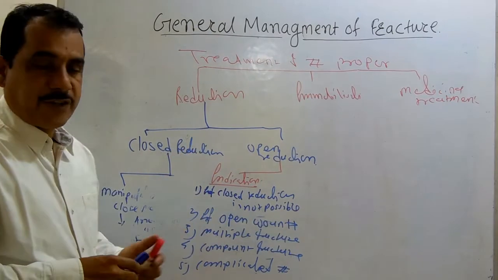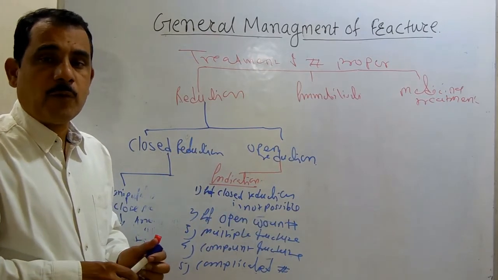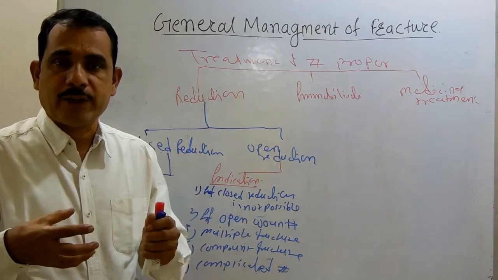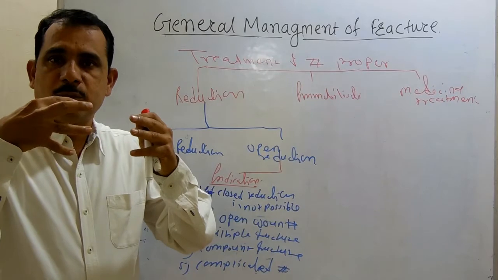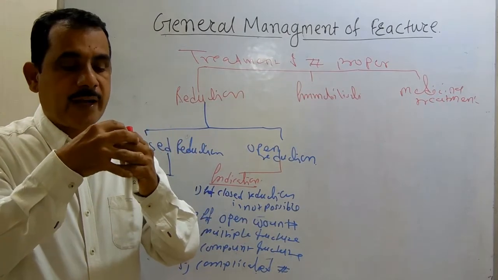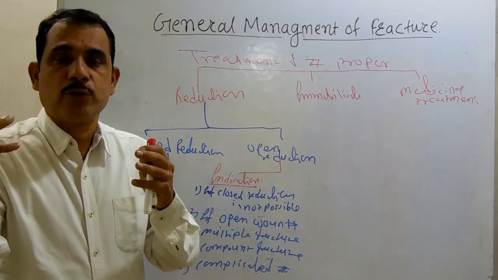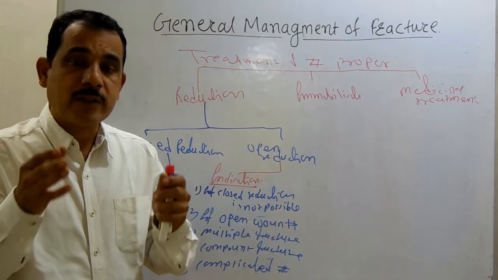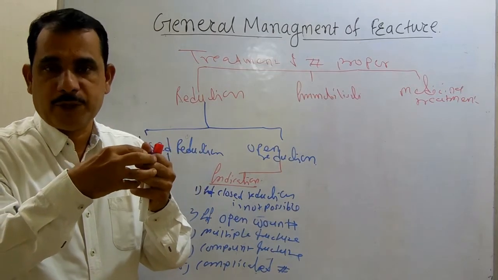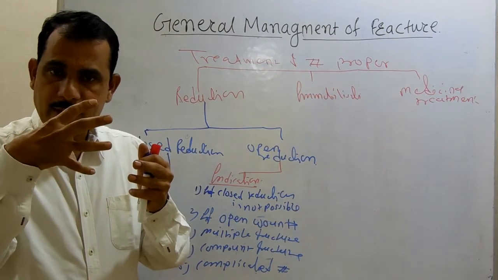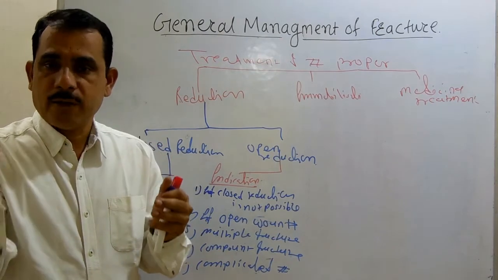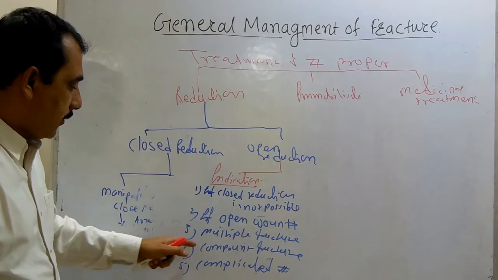Then in compound fracture, closed reduction is not possible, because in a compound fracture, multiple fragments of the bone may be interposed into the tissue. When you try to remove them, it will cause more damage to the tissue. So that's why in such cases we have to open the wound and properly remove these multiple pieces or fragments of the bone by directly approaching them. That is the fourth indication.